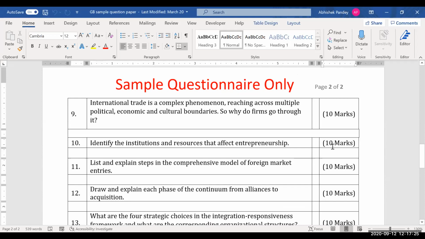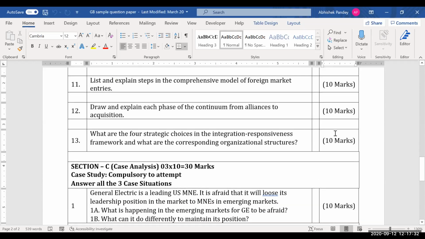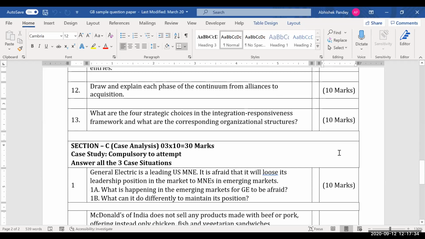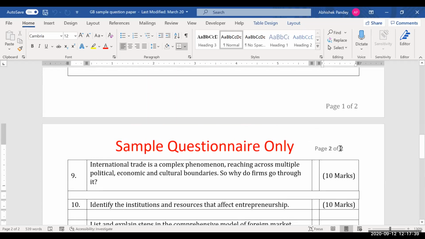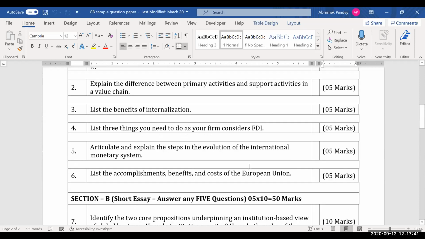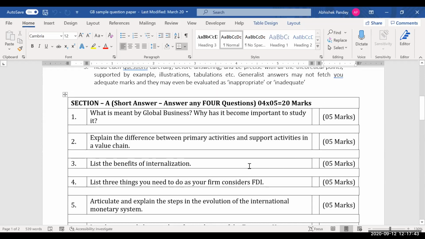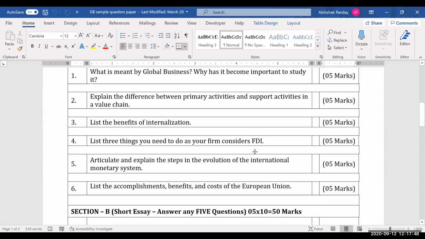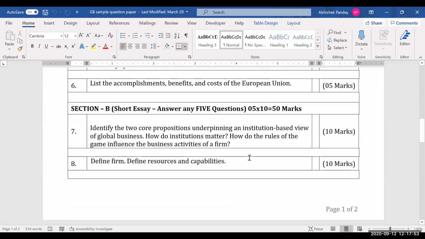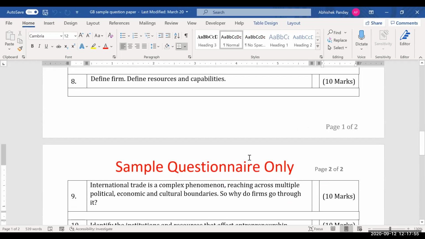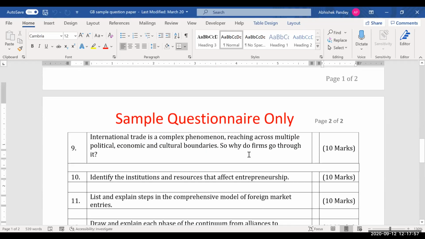So this is the 2018 or 2019 format. I just wanted to show that to you, so the nature of questions is this. Like you're saying, the first section is more about definition, so 2-3 lines maximum. You define the term. That's all. Very limited. You don't have to explain much. But the second section is about more explanation, the how part of it, so you have to explain it in detail.